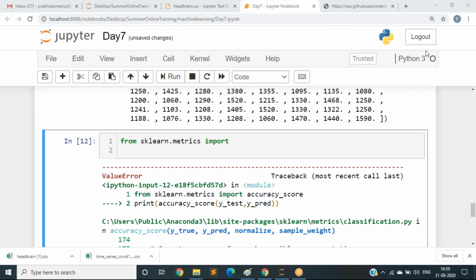Students, you should respond. Yes, Suresh has responded that we have to calculate R2.